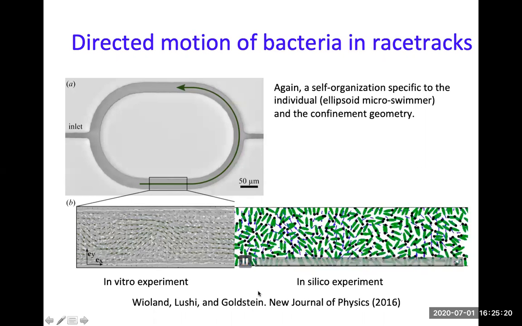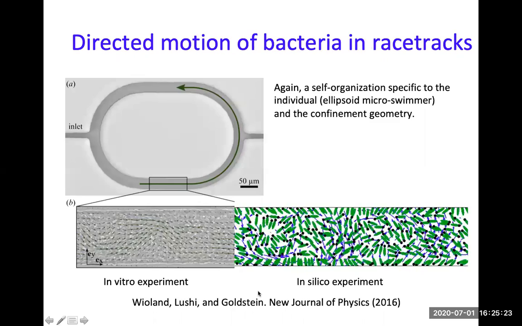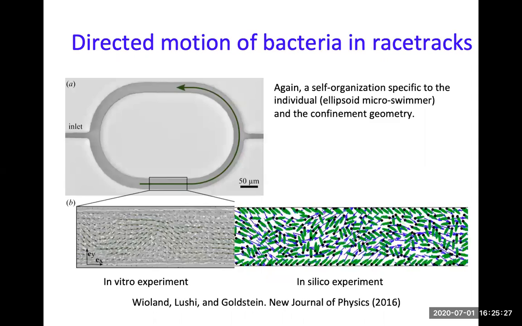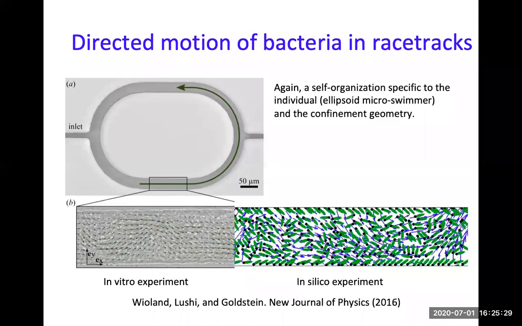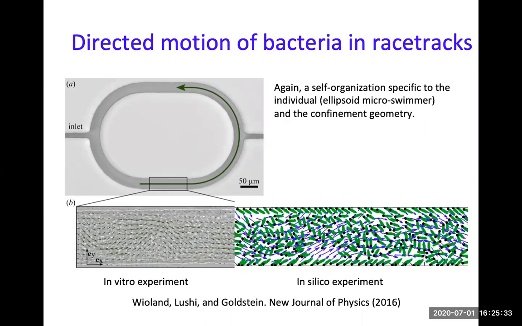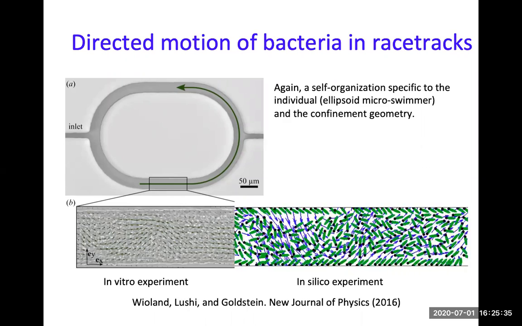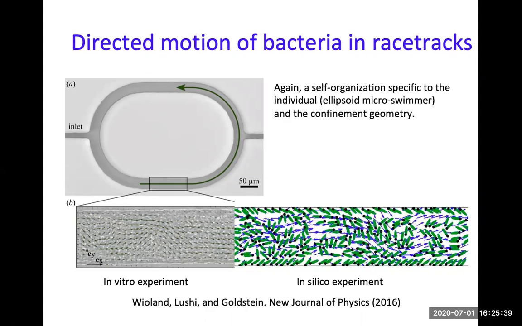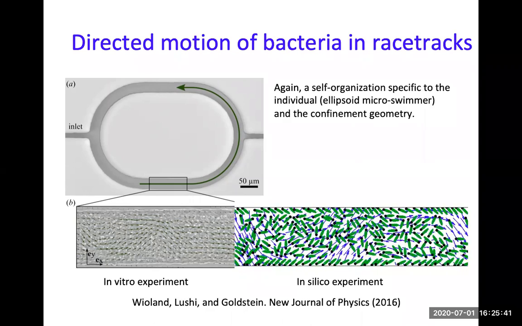So what do we have here? We have a lot of these elongated swimmers in a channel, and you will notice that the ones at the boundary quickly organize and move at an angle, right? And they coordinate with the other layer at the other boundary. So they're moving at a non-trivial angle, not zero, not low, something in between. And their flagella are pointed in the same direction as the other layer.